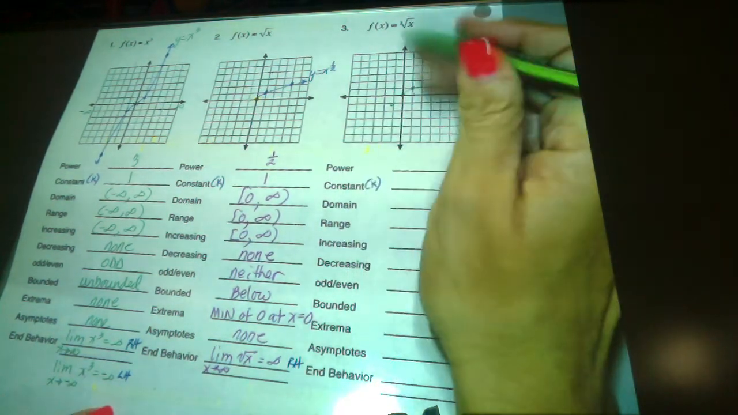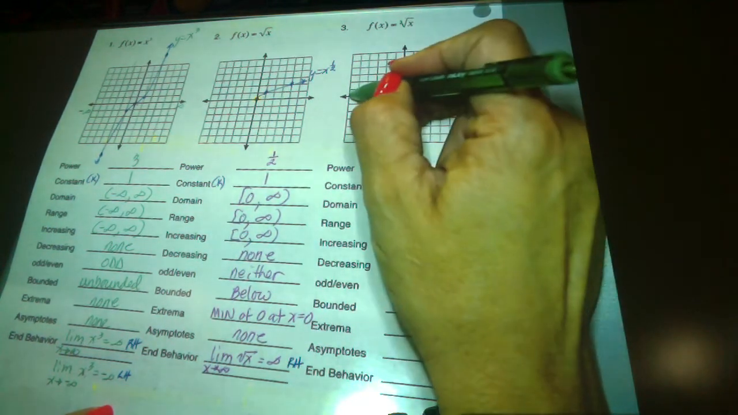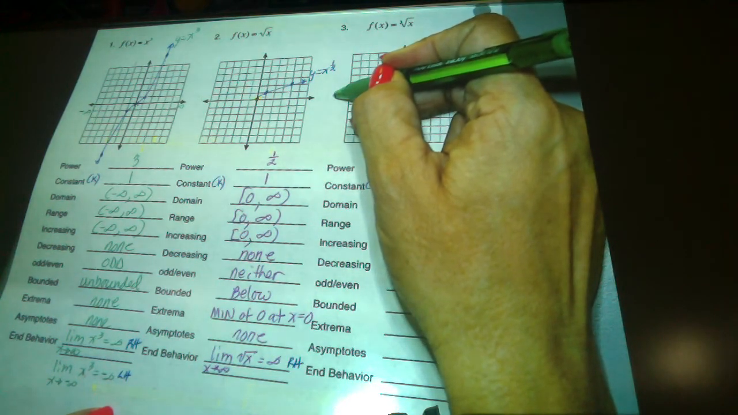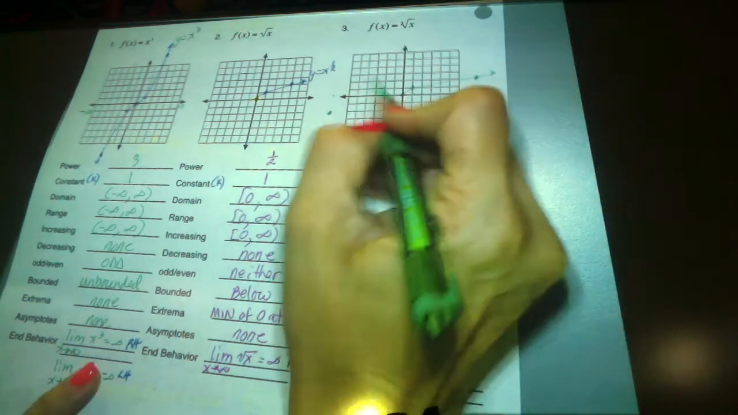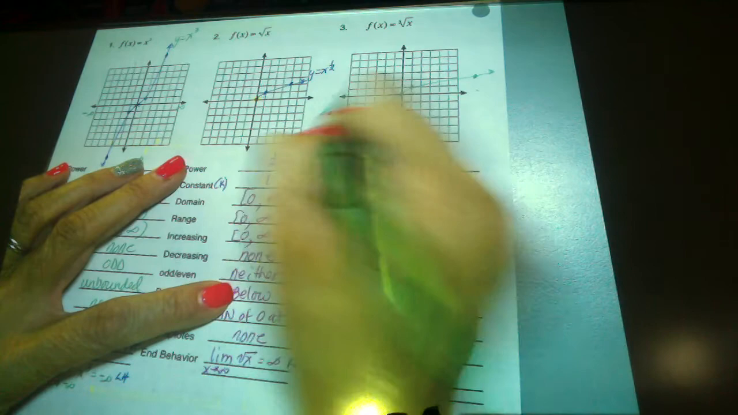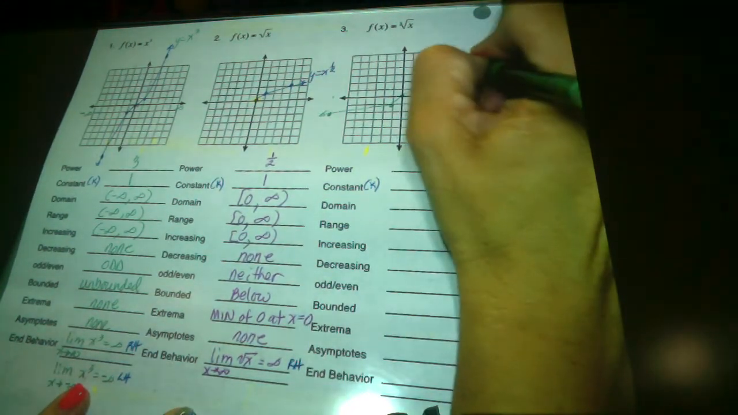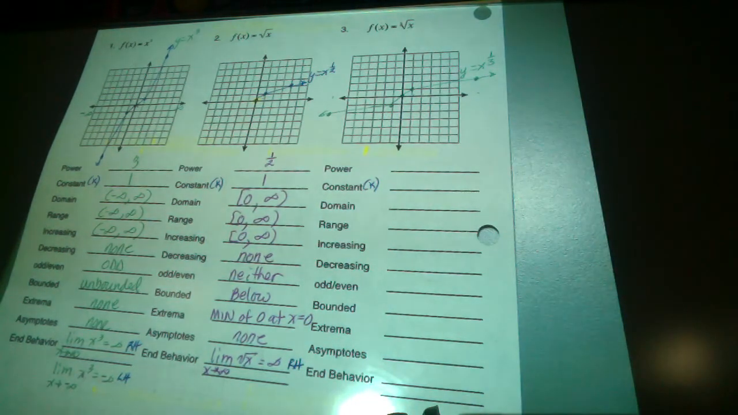So what's your next perfect negative cube? -8. So if I go to the left, -8. What's the cube root of -8? -2. So then the graph gets drawn that direction. So this is y equals x to the, and I'm going to write it to the 1/3 in power function notation. So